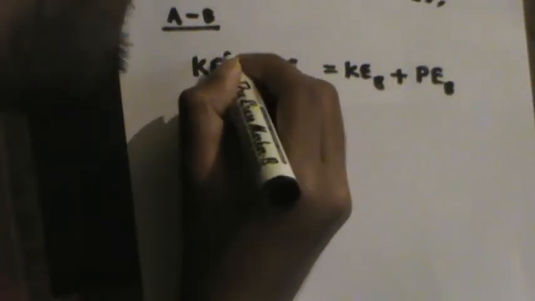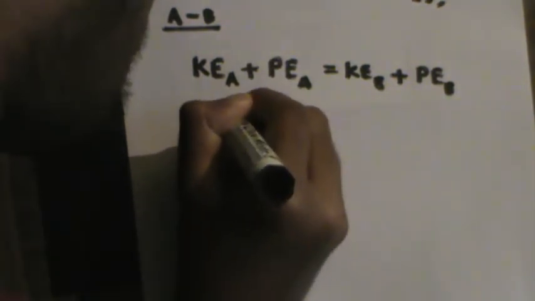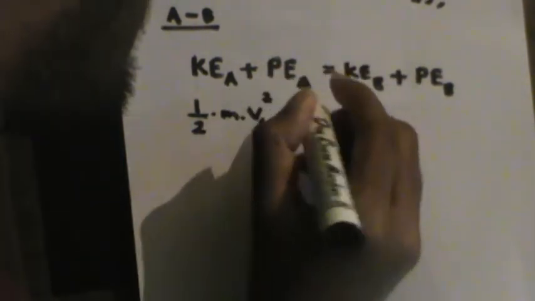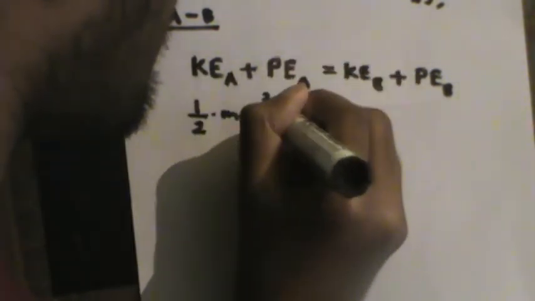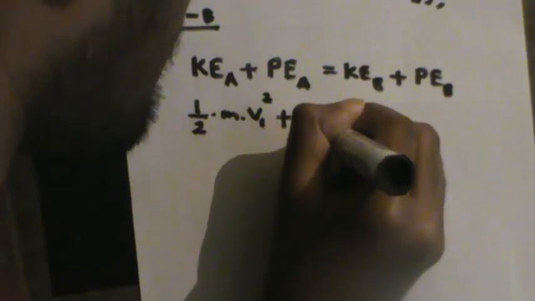So the kinetic energy of this object at point A is half times its mass m times the square of the velocity at that point. So that is (1/2) m v1 squared. And the potential energy at that point is m times g times r. So r is actually the radius, the radius of the earth.